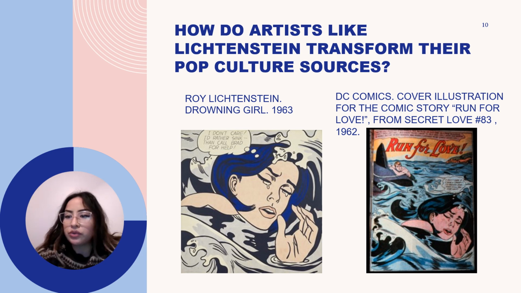In the original illustration, the drowning girl's boyfriend appears in the background, clinging to a capsized boat. Lichtenstein cropped the image dramatically, showing the girl alone, encircled by a threatening wave. He shortened the caption from "I don't care if I have a cramp" to the ambiguous "I don't care."